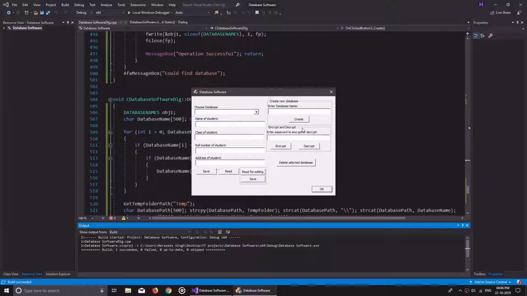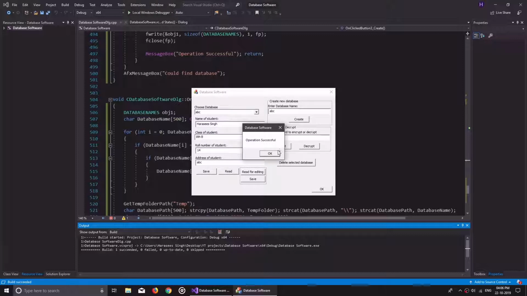Let's create a new database. Okay, ABC. Let's add a student name. Let's just name it ABC 14. Save. Okay. Now the database has a student. Now let's try to encrypt it. Encrypted by the password hello. Let's encrypt it,